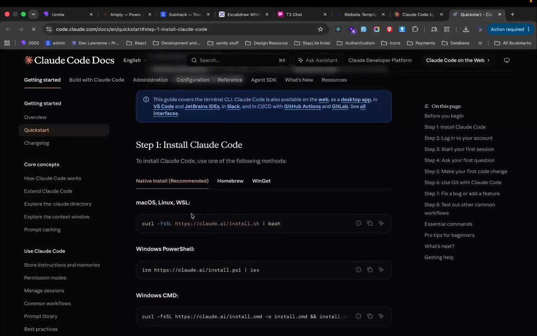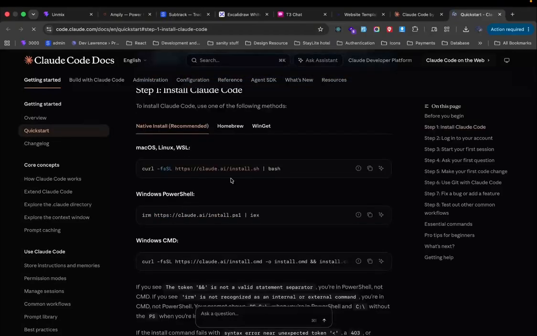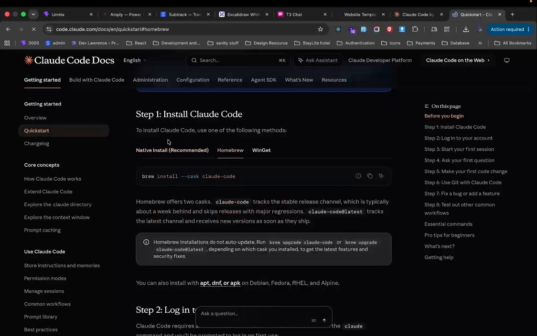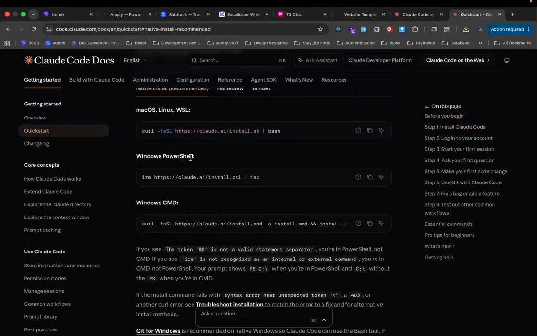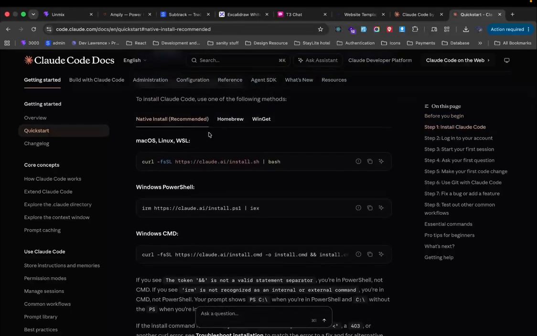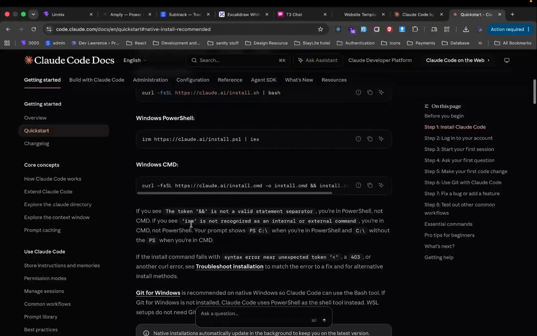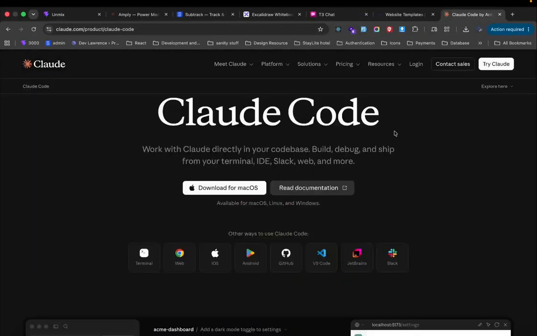So it's just for you to copy. If you are using Mac, I will just advise you copy this bash command, or you can use Homebrew to install it as well. So it's quite straightforward. It's not that complex. If you are using Windows, you should just use this one or this one. Either works fine. So when I installed it, like I said, I installed the